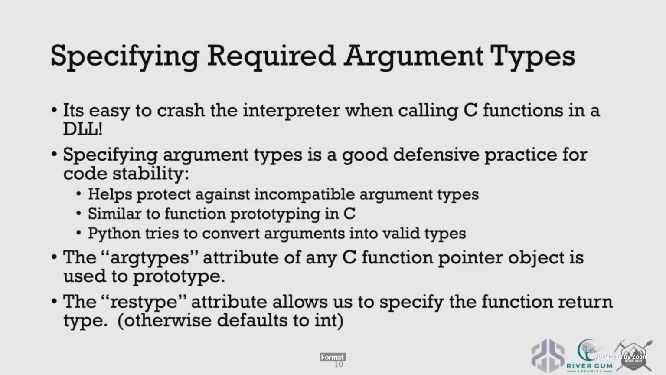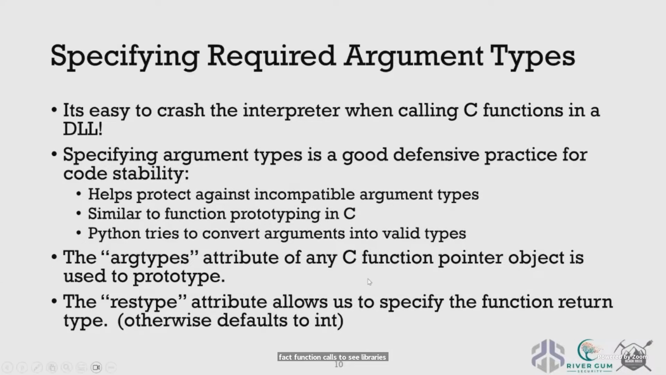Now, if you don't do this correctly, it's very easy to crash your Python interpreter process when you're calling C functions from the kernel32 DLL, or any other DLL for that matter, but most often it's going to be the kernel32 DLL. So specifying the argument types is a good defensive practice for code stability. It actually helps us protect against incompatible argument types, is very similar to the idea of function prototyping in the C programming language directly, and that's really not a surprise because these are, in fact, function calls to C libraries